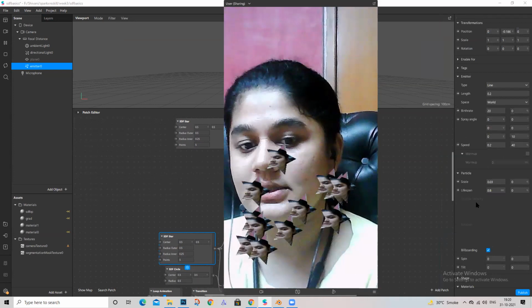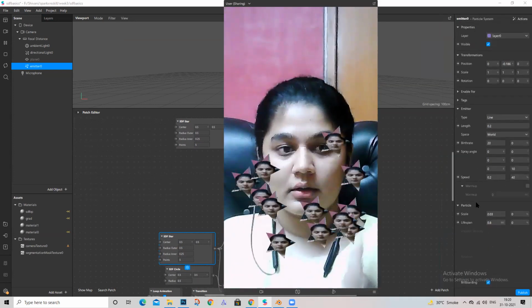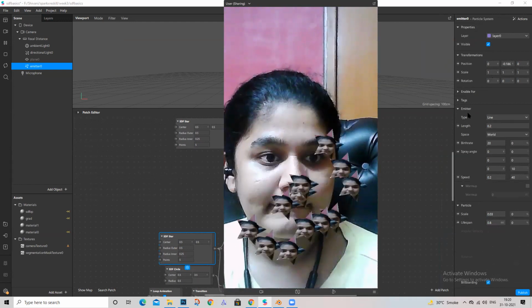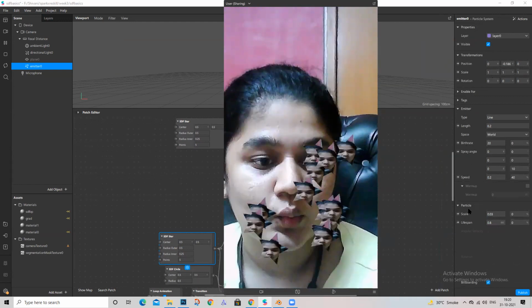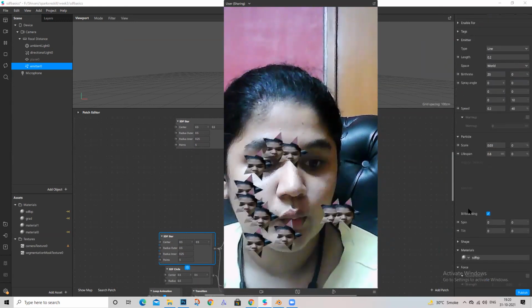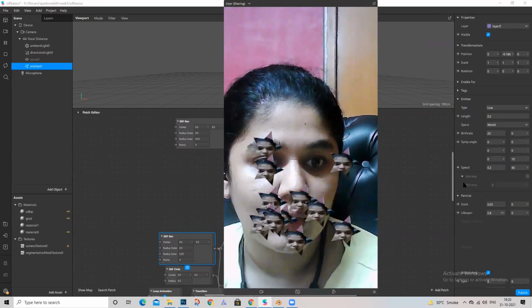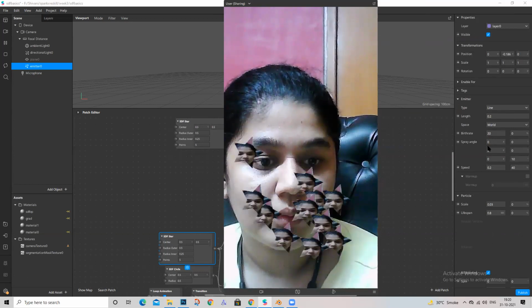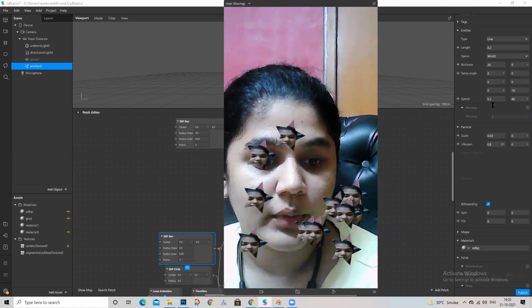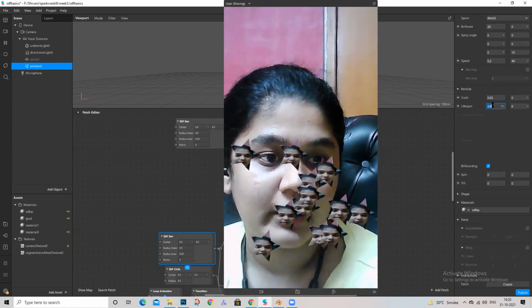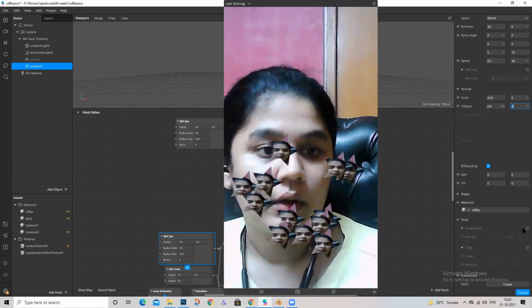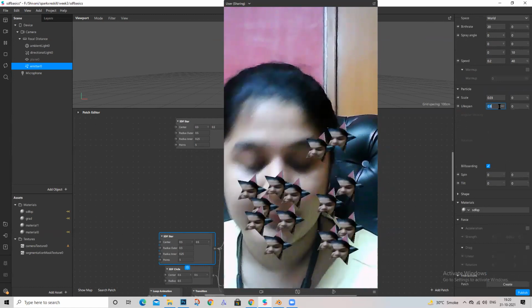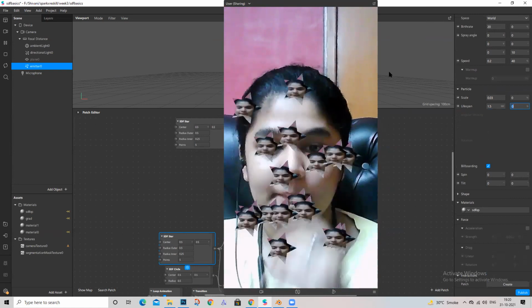This is how I use camera texture in my material. I want to reduce the speed, maybe increase the lifespan a bit more. So you can see this, right?